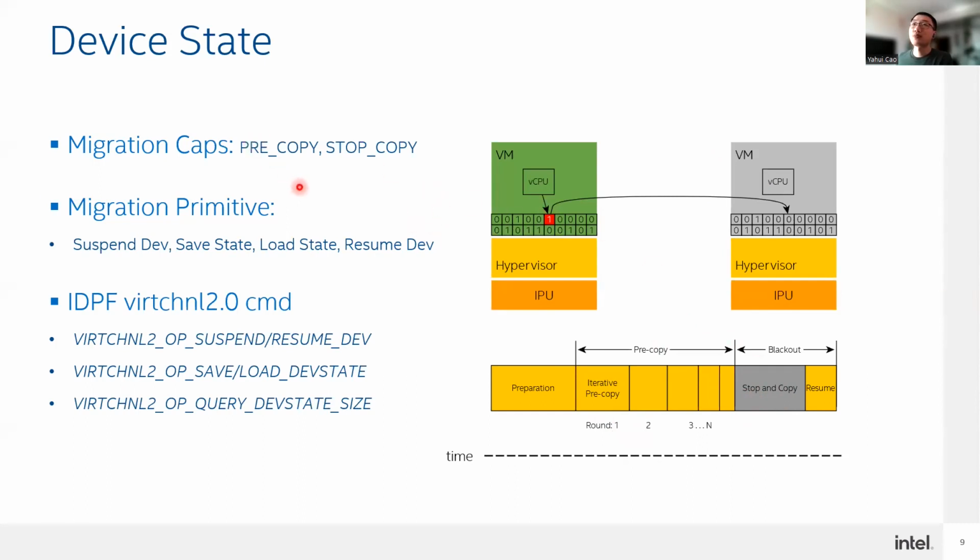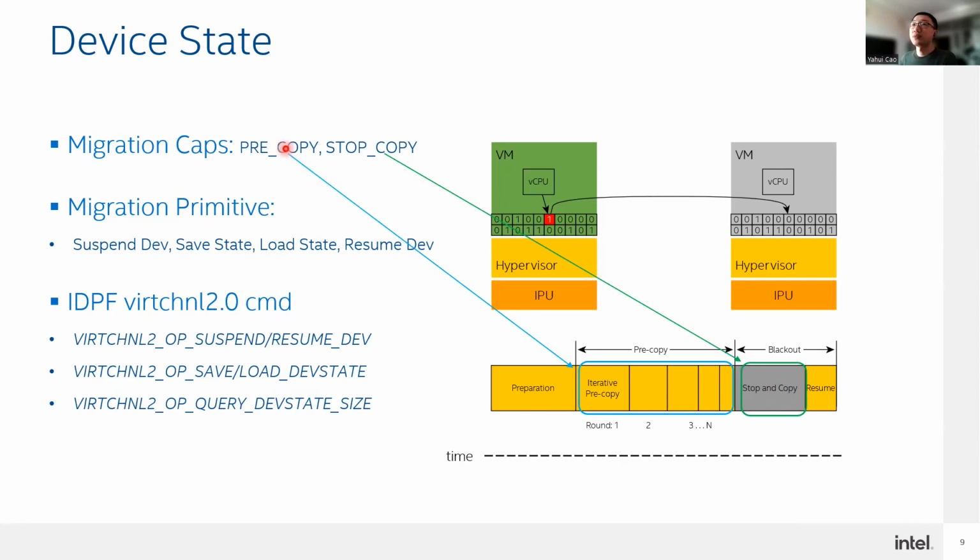And when we talk about migration capability for the pre-copy and stop copy, it just means we can also copy the device state at the pre-copy stage if we support pre-copy. And if we support stop copy, this means we can copy the device state at the stop and copy stage. So that is